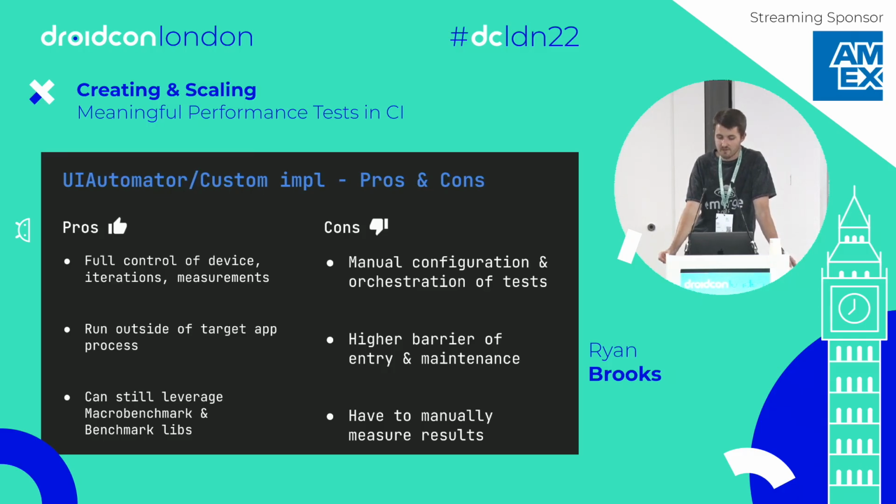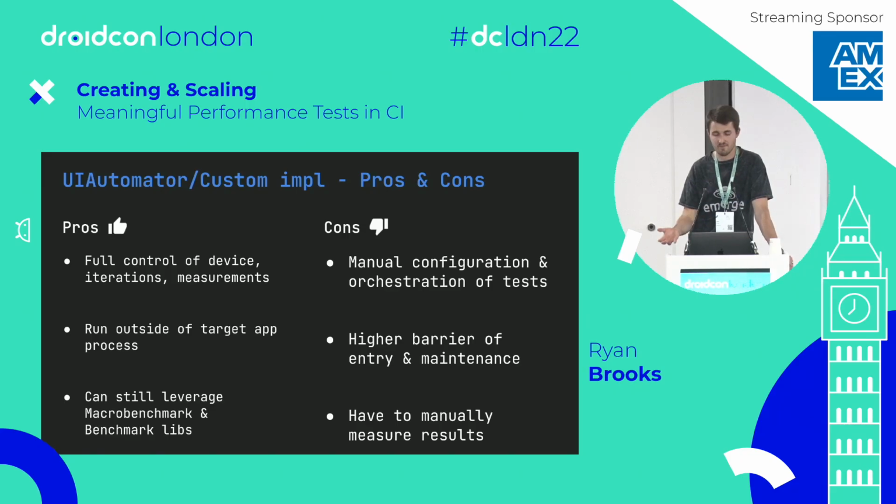But then in addition, you can still use additional methods if you need to control variance and things like that. For cons, while doing everything manually gives you full control, it also requires you to do everything manually. So now the barrier of entry is much higher and the barrier for maintenance is much higher. You'll also have to manually run all of your measurement tools, such as Perfetto and SimplePerf yourself. So I personally lean to